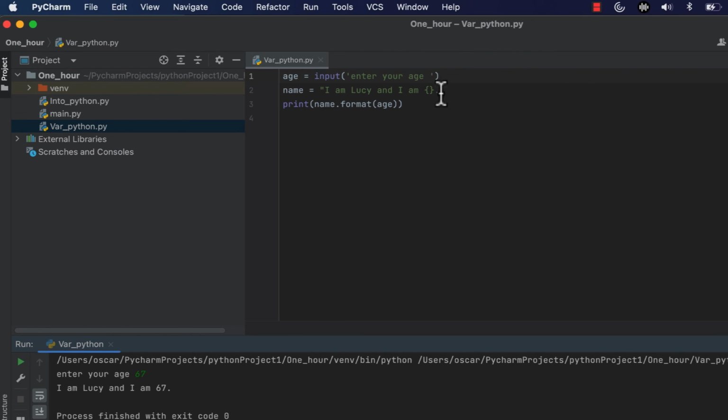We may have multiple variables and we won't put only one string, so we leave that variable right now empty with curly brackets, and then we